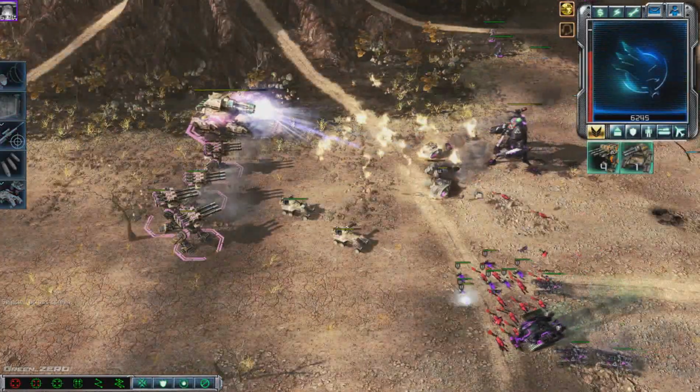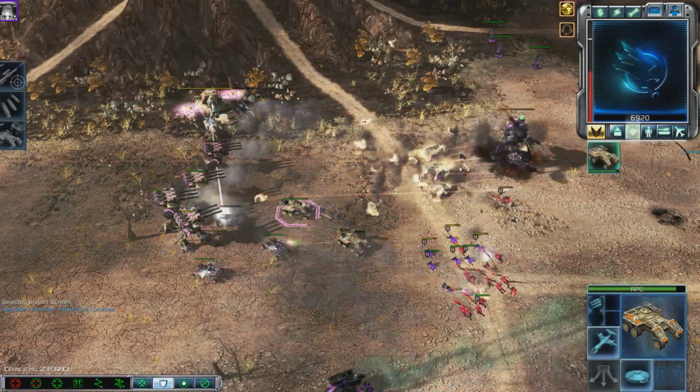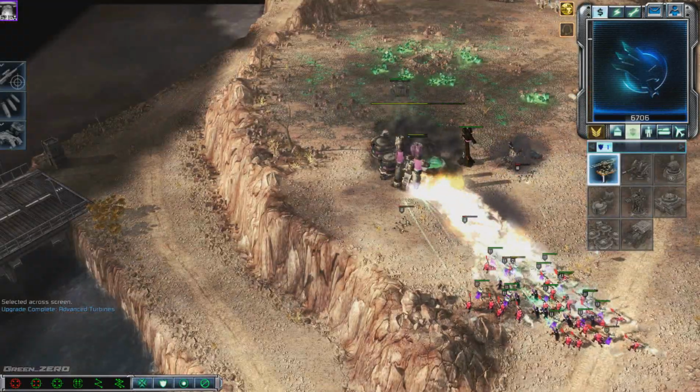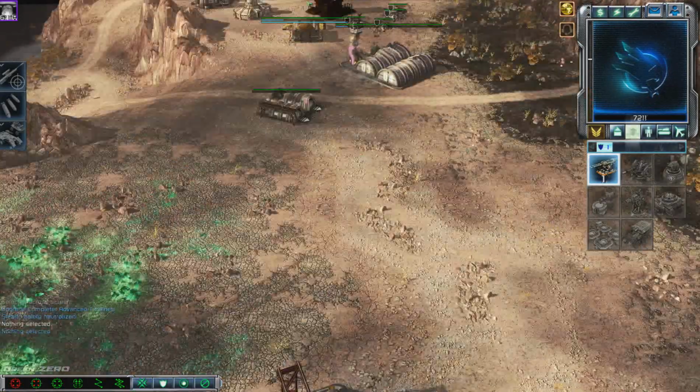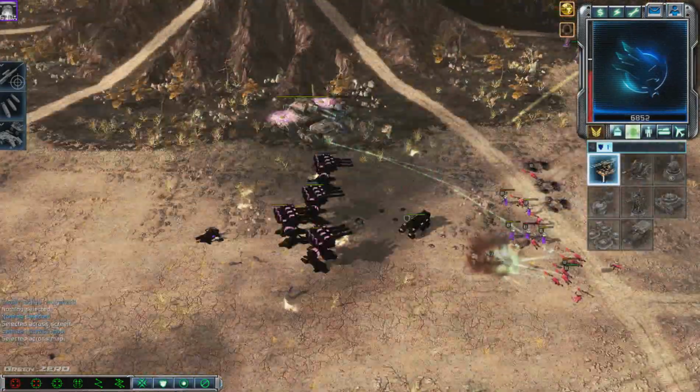Mantis cleaning up a few hammerheads there, which was still with the main force, but I was trying to get rid of this here. There's EMP buggies moving in. I tried to drop some minefields, wasn't quick enough, and then I had a serious power problem here, and I was just trying to fight off this attack down here, which I'd easily be able to get, but he got